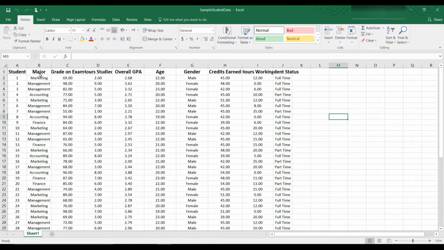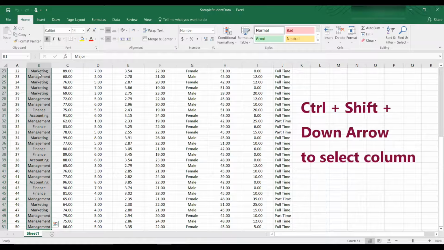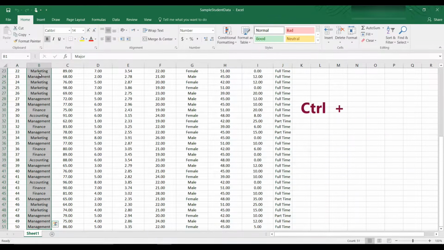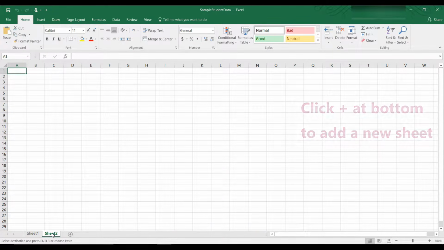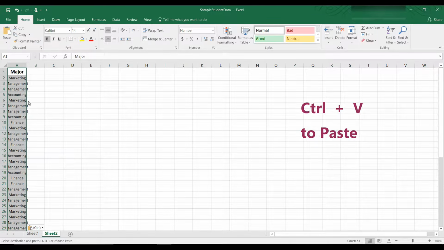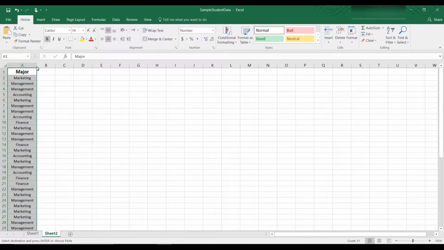So if we click in the major box and then press Control, Shift, and down key, it'll highlight the entire column. And then let's do Control C to copy it, add another sheet, and then Control V to paste it. And I'm going to move that heading a little bit over so it's a little clearer. So now we have a clean sheet and just major, and what I want to do is create a frequency